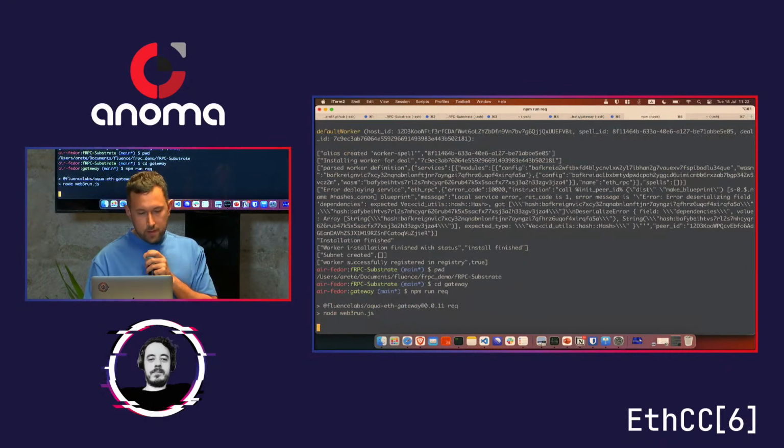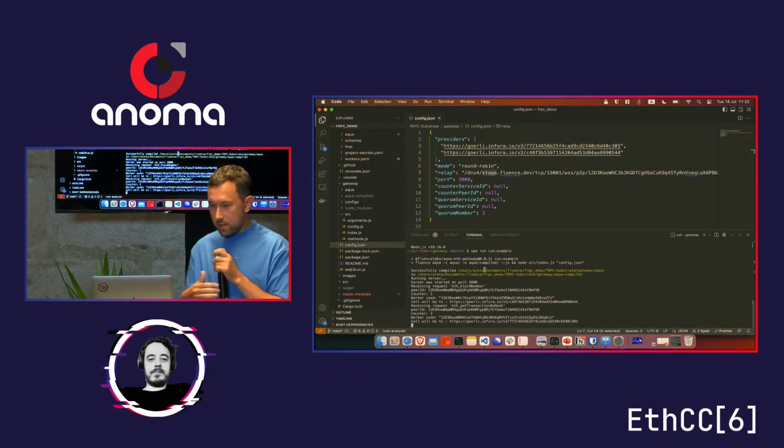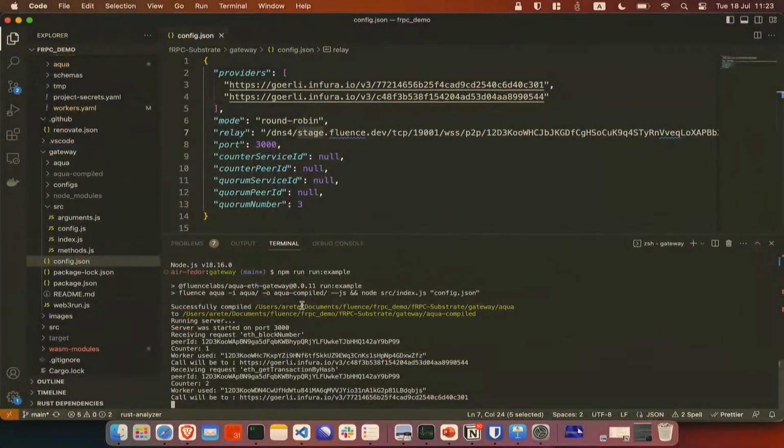So right now we are running this simple application, and as you can see, it started replicating those RPC calls.